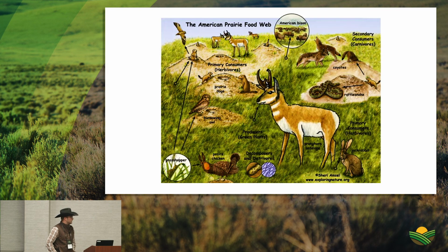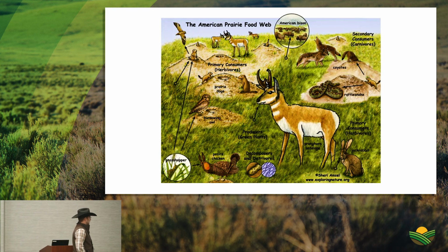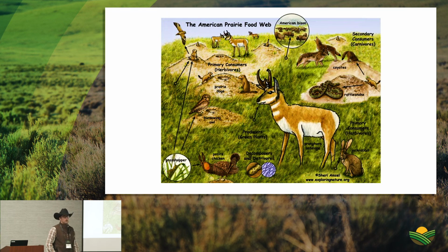So I'd like to talk about this food web first. In my region in southwest Oklahoma, this is kind of a food web of the ecosystem that you would find in that region. Particularly, we focus on mimicking bison with cattle as migratory animals. I'm going to talk more about the small ruminants and then some of these other species,